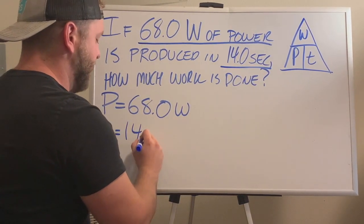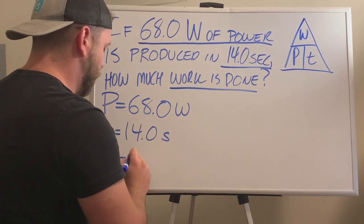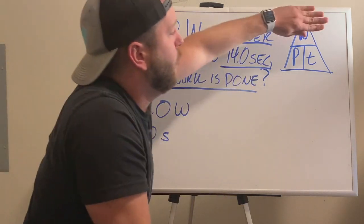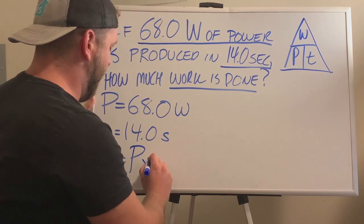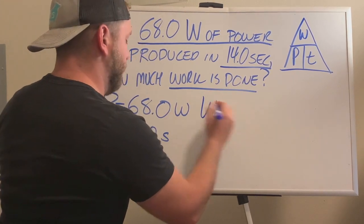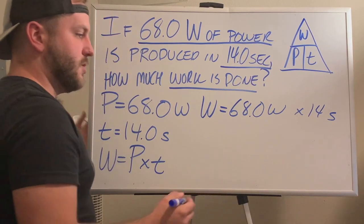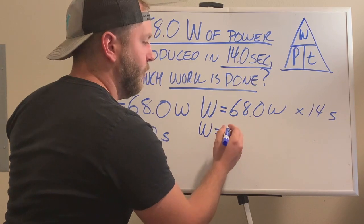So I'm going to go ahead and put that down. How much work is done? All right, so work is my unknown that I'm trying to solve for. I take a look over here at my handy dandy formula triangle. I cover up work and I end up with power and time next to each other. So I'm going to go ahead and multiply power by time. So work equals 68 watts times 14 seconds. All right, so if we go ahead and do our math, we're going to end up with